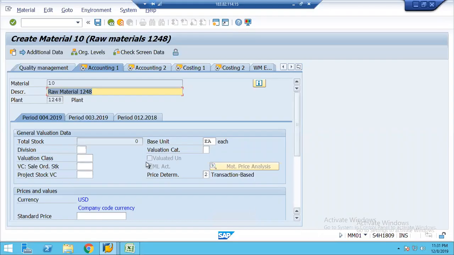Now since material ledger is active, you can see here 3 tabs. You can see 3 tabs: current period, previous period, and last period of the last fiscal year. Now here see valuation class. This valuation class is important. So for this